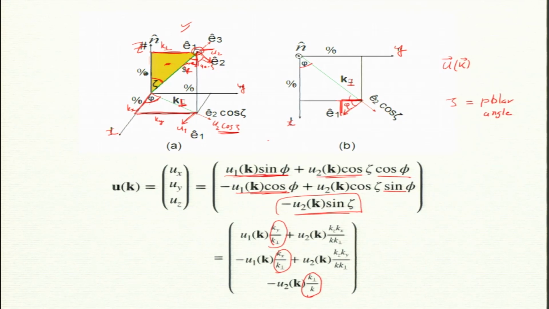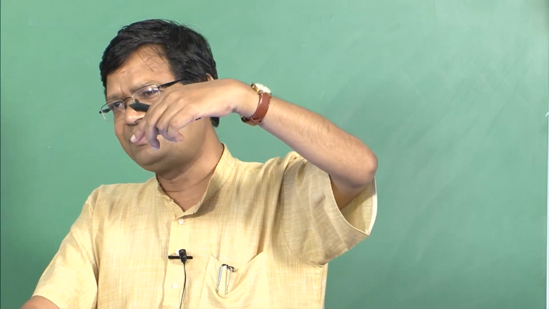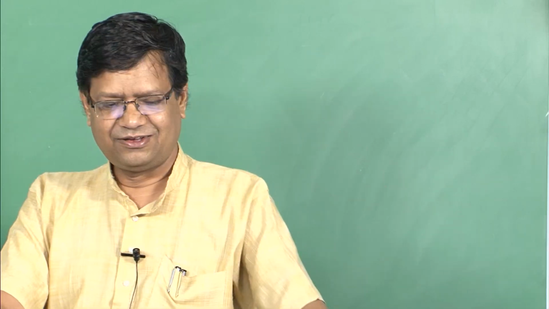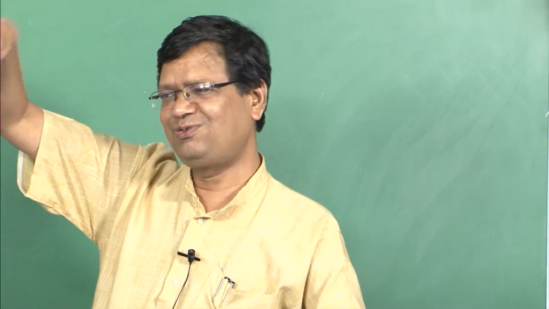It is very much similar to spherical polar coordinates, but they are not spherical polar coordinates. There is some similarity, because u2 is like u theta, and u phi is like u1. So, it is like spherical polar, but this is called Craya-Herring decomposition for fluid dynamics, and it is in Fourier space.